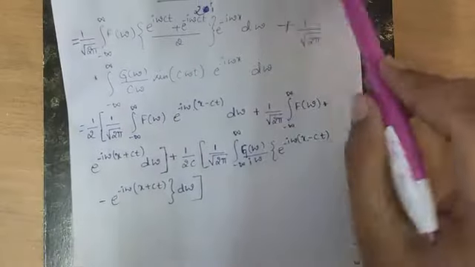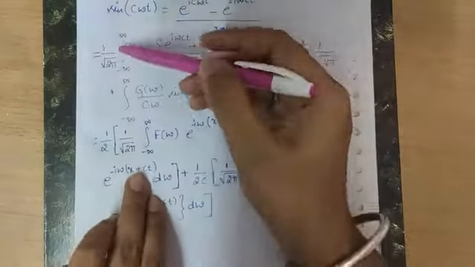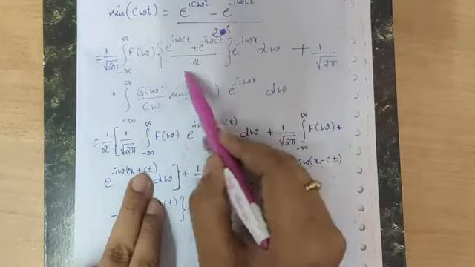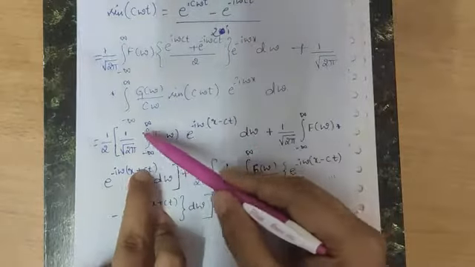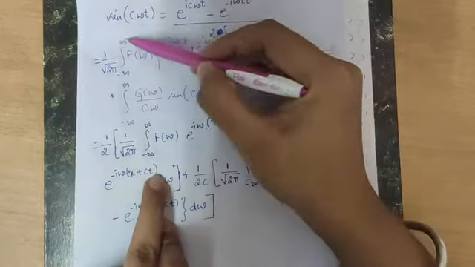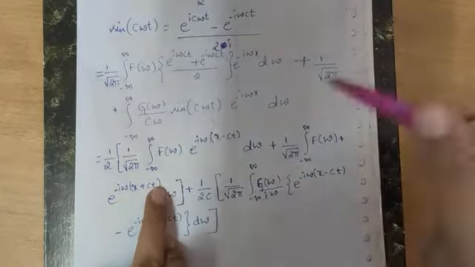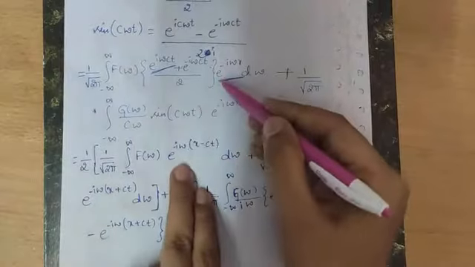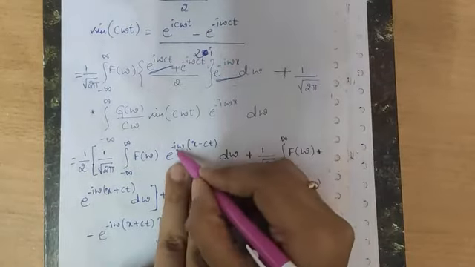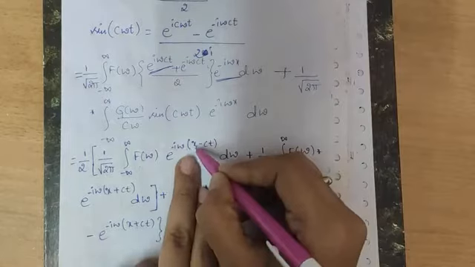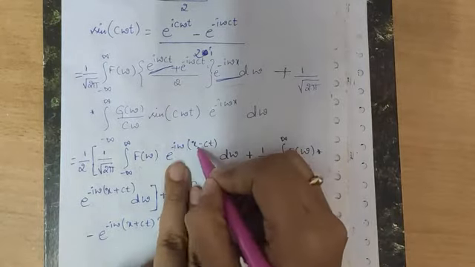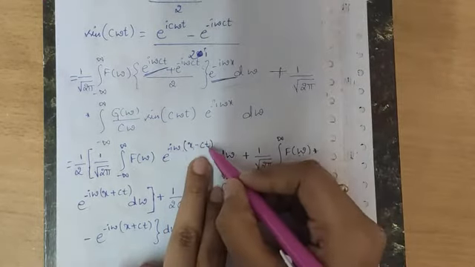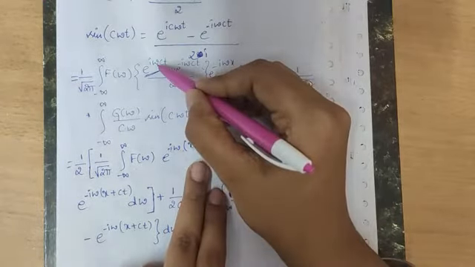So after substituting, what I have done is 1 over 2 I have taken outside. This 1 over 2 pi is completely for this term. So 1 over 2 pi into integral minus infinity to infinity f of omega as it is. If you consider these two terms, you can write that term as minus i omega, you can take it out, and x minus ct. Minus i omega into x is minus i omega x, minus i omega into minus ct is plus i omega ct.